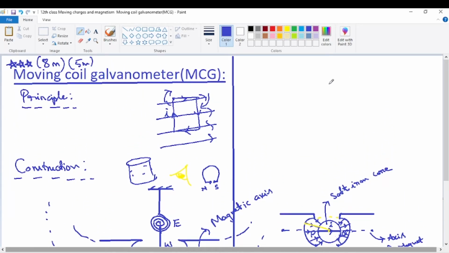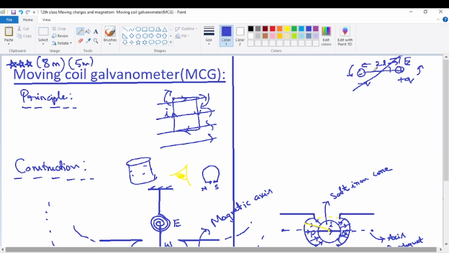You have learned that an electric dipole, so this is an electric dipole, say, minus q plus q charges, two equal and opposite charges separated by a fixed distance, is called an electric dipole. Now when an electric dipole is placed in an electric field, say like this is the direction of the electric field, making an angle theta with the axis of the electric dipole, immediately it will experience a torque. The torque direction will be such that it will finally rotate into the direction of the electric field.